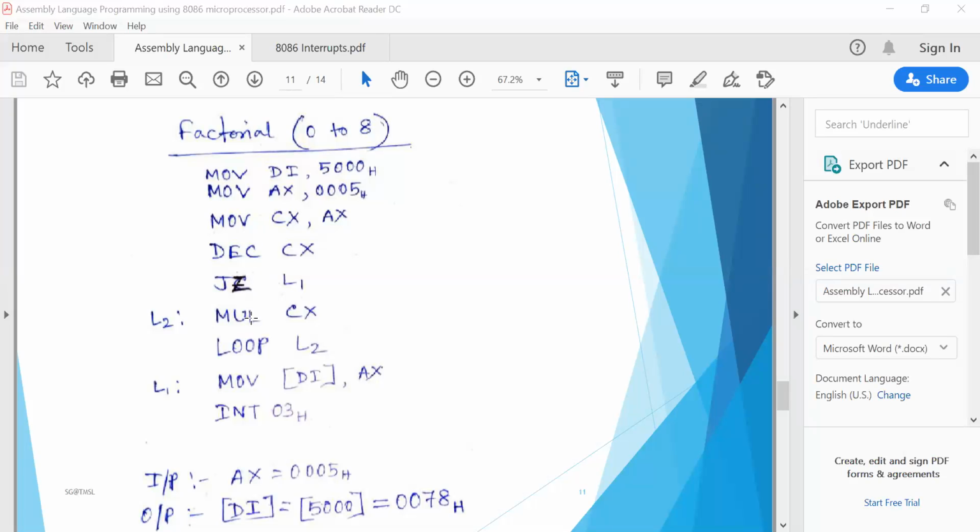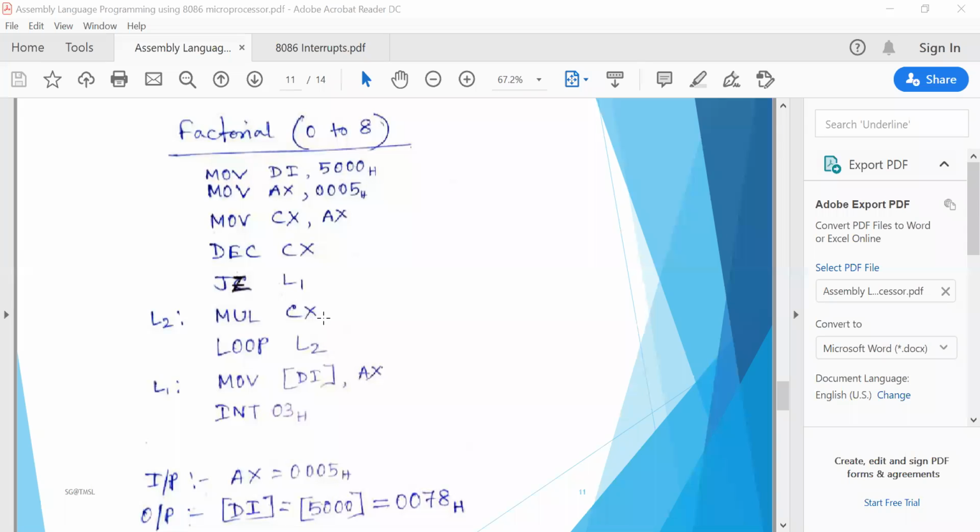initially before the multiplication we need to check whether the content is 0 or not. If it is 0, then you don't need to multiply, or you don't need to operate anything else. If it is initially 0, what is the need of your multiplication? Okay, so that's why you have to check initially whether it is 0 or not. So CX is decremented by 1, so we can get 0004. That means it is not 0. So if it is not 0, then go to this instruction, which is multiplication of CX into AX DX.